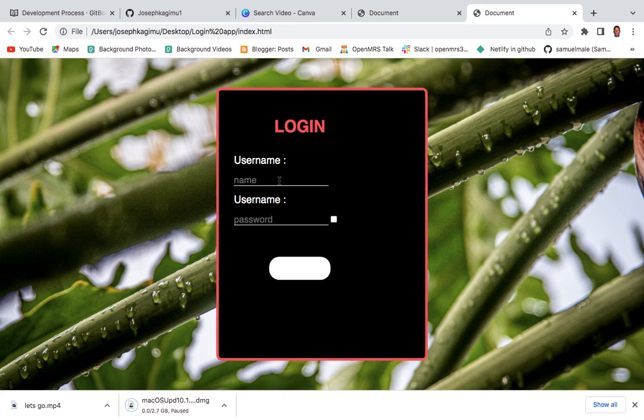Once we type here something and type here, once you click this button, you can easily see the password,